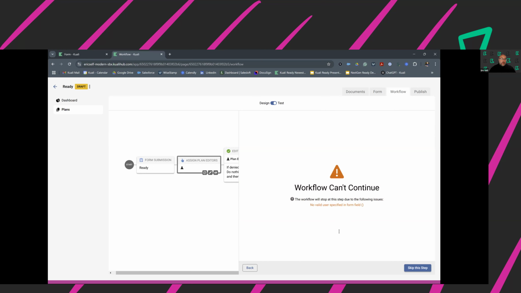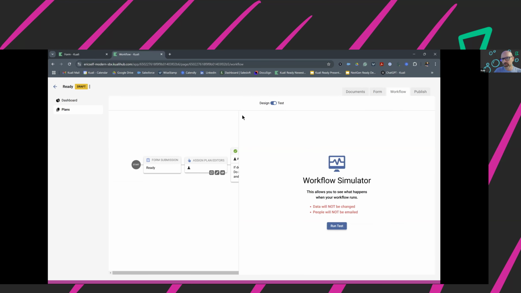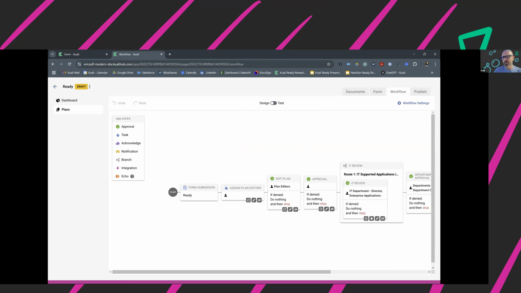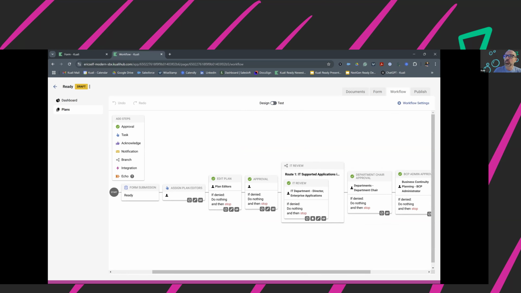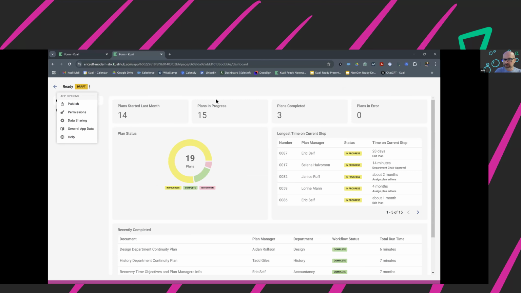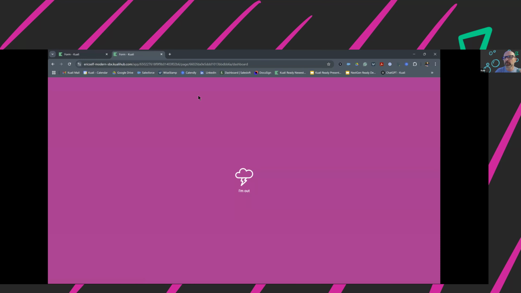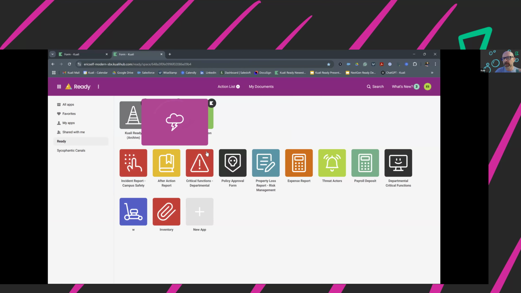Remember that valid user that I showed you in that error state? That's why it's giving this. So this saves a ton of time, because the way it used to be done is you would create a workflow, right? And then hope it was all set up correctly. And then you would find out from someone that something doesn't work or somebody didn't get the notification that they expected. So this allows you to actually run through the entire process from soup to nuts to make sure that every single component works before you publish it and make it live.